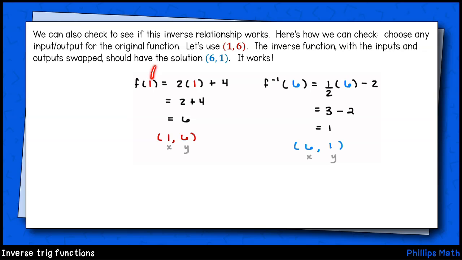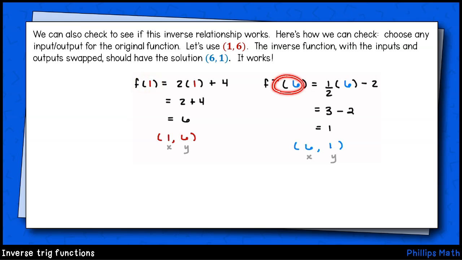In the original equation, I'll replace x with 1 and solve for y. I get 2 times 1 plus 4, which is 6. Perfect. For the inverse function, I'll replace x with 6 this time. That'll be 1/2 of 6, subtract 2, that's 3 minus 2, which is 1. Awesome, it works. This inverse function takes all of the solutions, that is the ordered pairs, from the original function